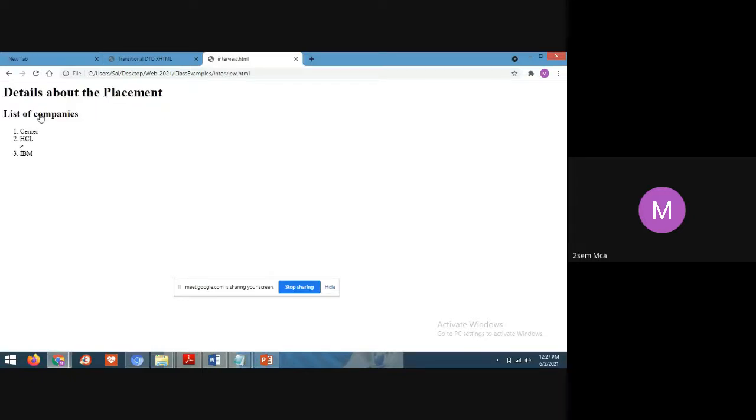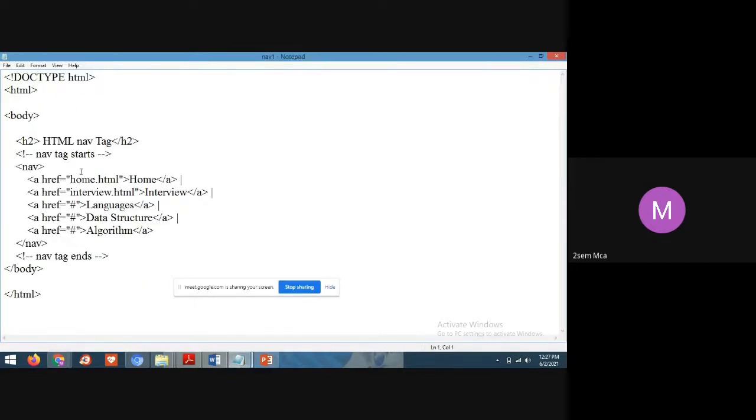Yes, students. Am I getting the details of an interview? Yes, ma'am. Yes, like this, you have to create an HTML page and give the address in the navigation. Here in the navigation, give the language details.